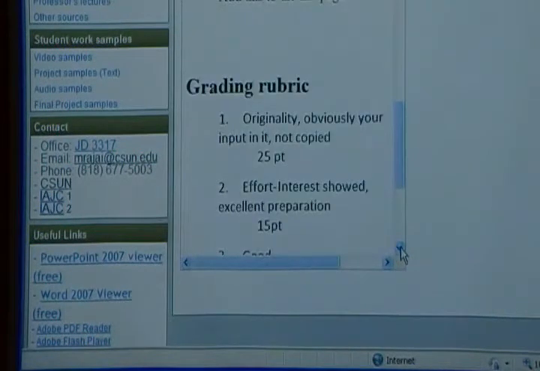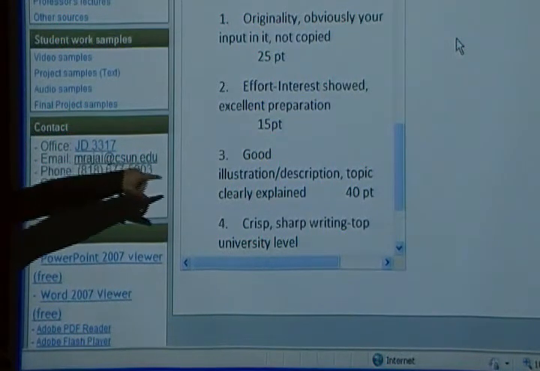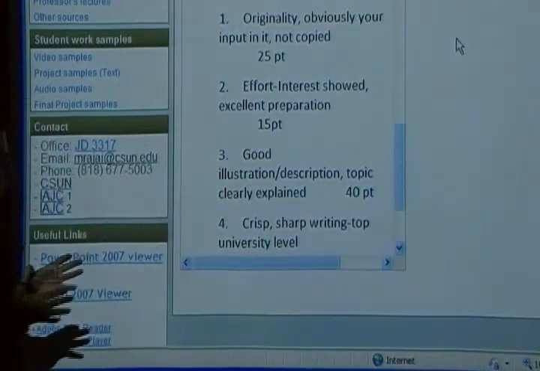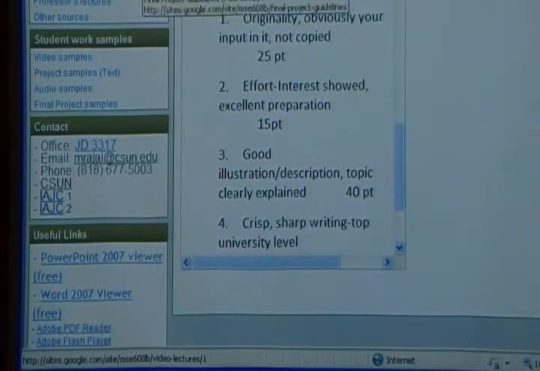And this is the grading I'm going to use for your final report. Originality, 25%, that you haven't copied this. Effort, interest showed. That you took a nice effort creating illustrations, description, topic clearly explained, crisp, sharp writing, top university level. That makes 100 points. This is how I'm going to grade your final project. After the final project, which is 30% of your grade,